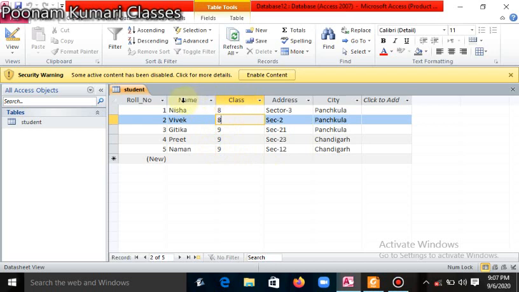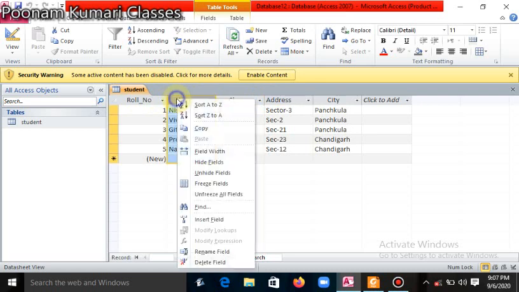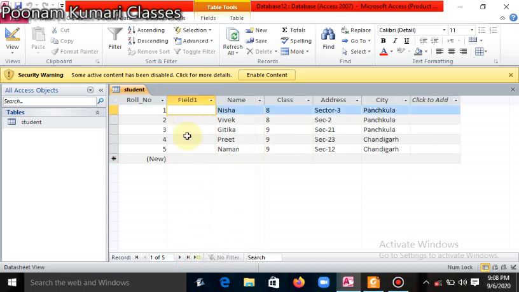If you want to add a field in a datasheet, these are the fields: roll number, name, class, address, city. If you want to add more fields, how can you add? Select the field where you want to add, right click on the field and click on the insert field option. So one more field can be inserted.